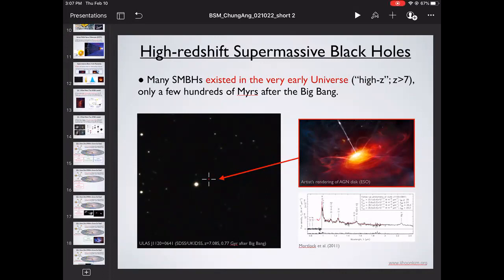I feel like I have talked about this when I gave a talk at Yonsei University. If you change the properties of dark matter, there have been some studies of not just the standard dark matter, but partially interacting or self-interacting dark matter models, re-estimating the accretion rates onto the supermassive black hole. It can be used to constrain the properties of the dark matter.